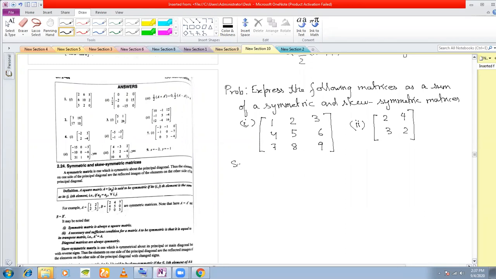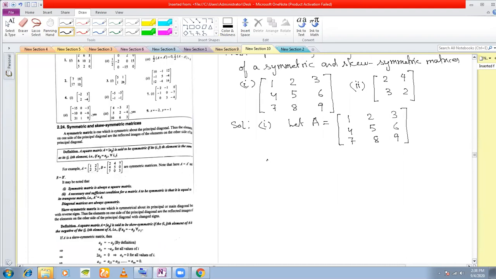Okay. Solution. You start by saying, with solving 1, let A is equal to 1, 2, 3, 4, 5, 6, 7, 8, 9. Okay. Now what you do is you take the transpose of A. Therefore, A transpose is 1, 4, 7, 2, 5, 8, 3, 6, 9. Okay. So therefore,